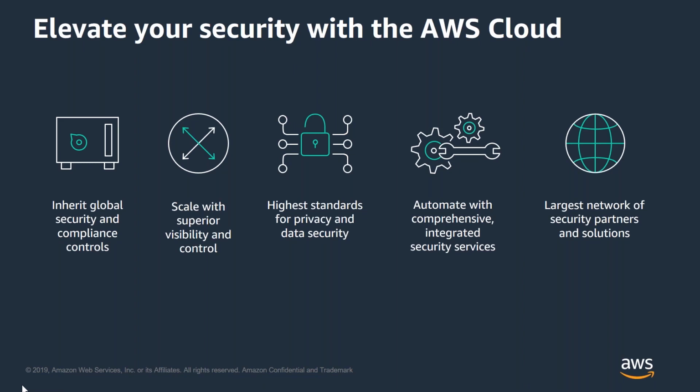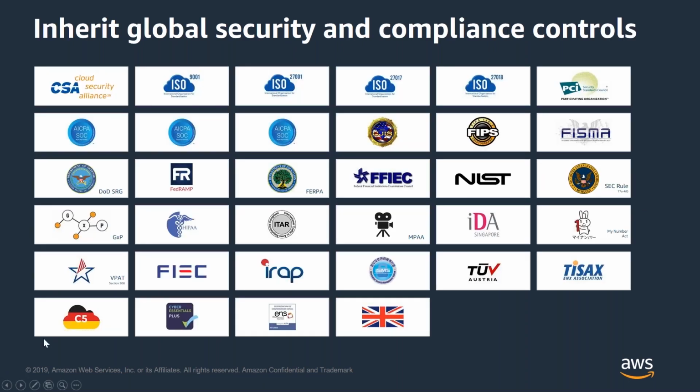And you get all of these benefits by going. The other big benefit you get is the obligatory slide of compliance and security standards. But what this really means is that these standards take a lot of effort and skill to get, and we spend our time focusing on it and delivering it. And we're vigilant about the privacy because we want to make sure that our customers are secure because they own